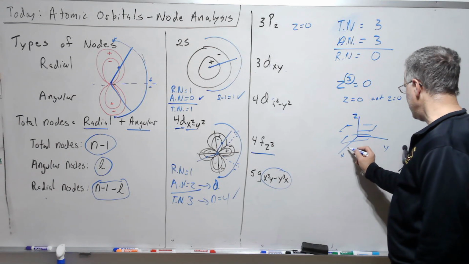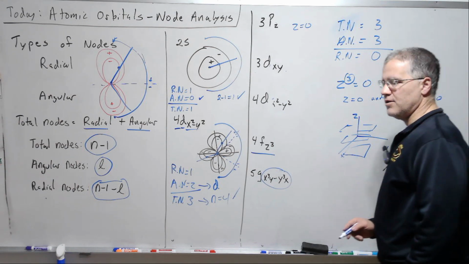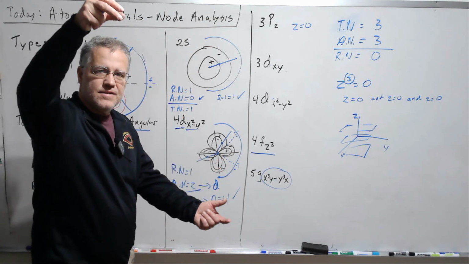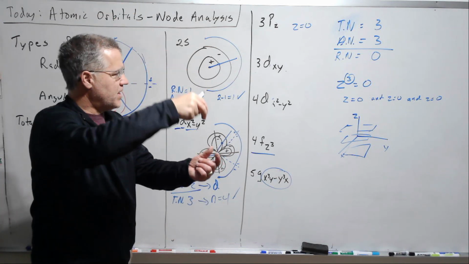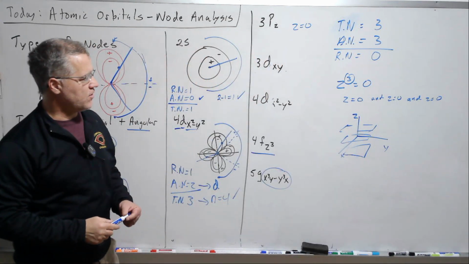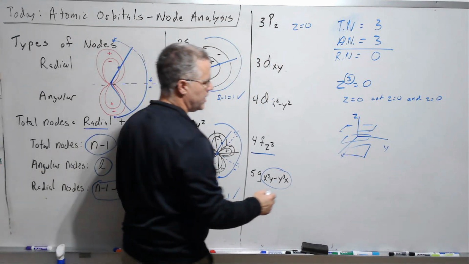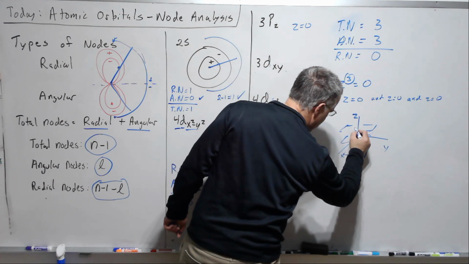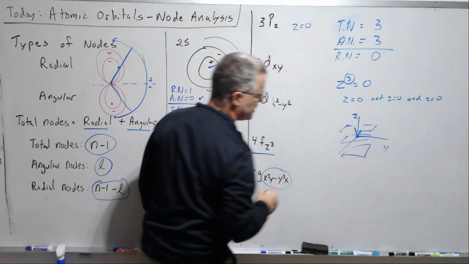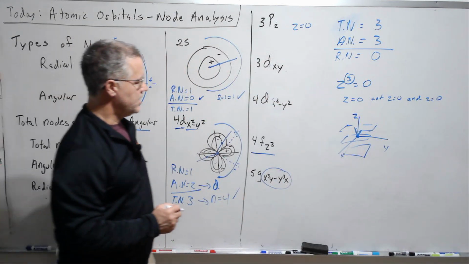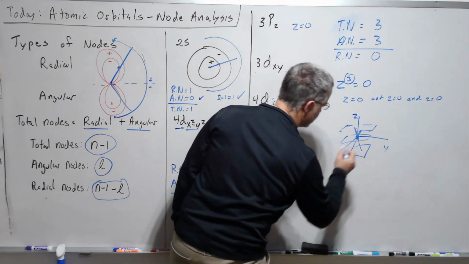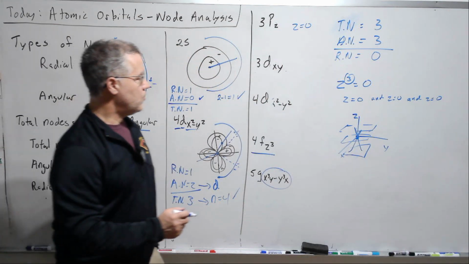So if there's 3, then there'll be 3 planes here. And we don't have nodal planes anymore because we don't have 2 variables, x and y or x and z. So what you think of is that this will pinch down or pull down to z equals 0, the point z equals 0, and this will pull up to the point z equals 0, and we end up with